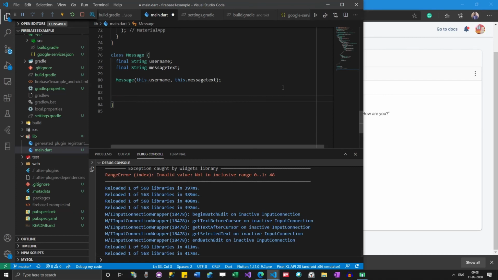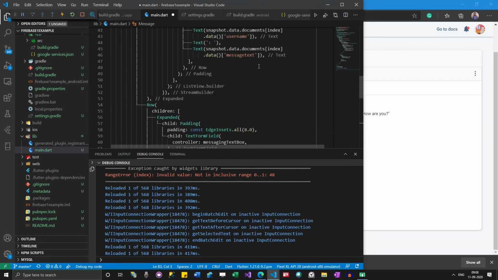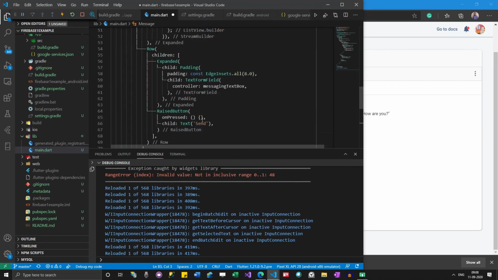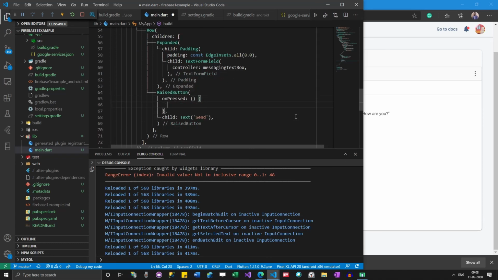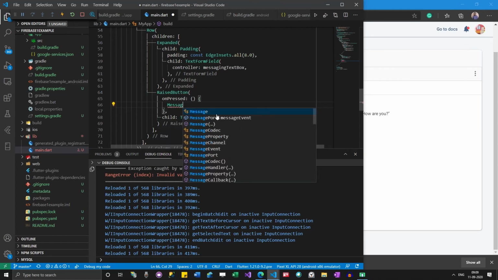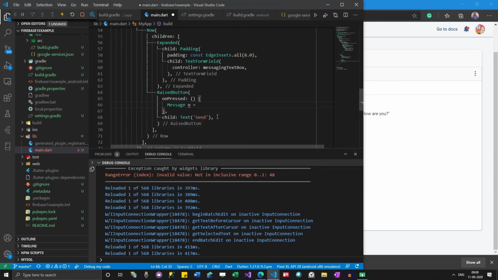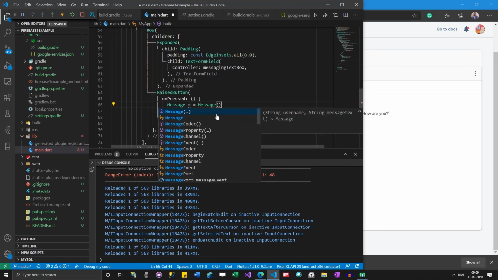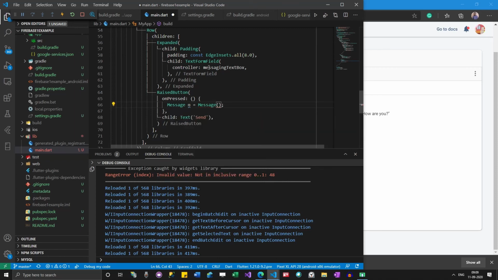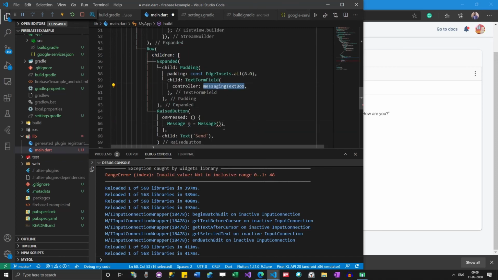Let's see if we can use it here. Message m is equal to Message of, and then we have to pass the message box text here.